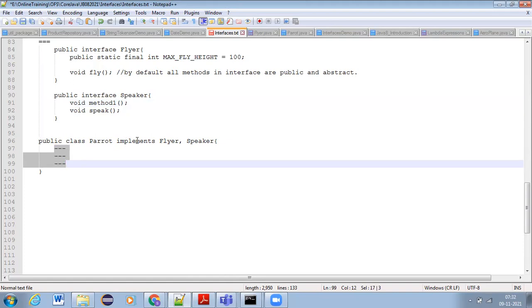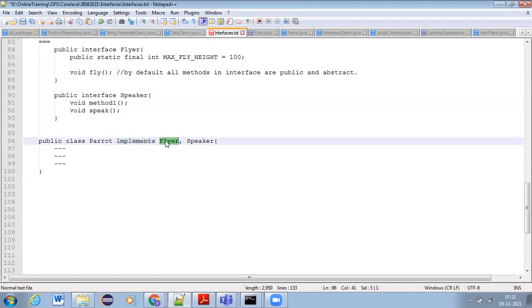A Parrot is implementing how many interfaces? Flyer and Speaker. In Flyer, how many methods are there? One method. In Speaker, how many are there? Two. So total one plus two, three. All three methods we need to override.